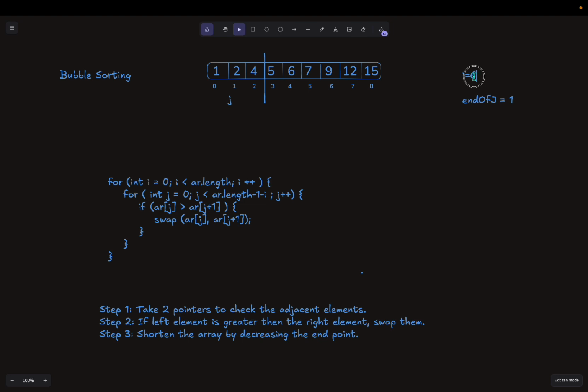In that case, increase the value of i, it will go to 7. Make the value of j as 0. The end of j decreases to 0 because the i value has increased. Now again we need to check this condition. As you can see, this is not satisfied and it reaches the end of j. It cannot go to index 1. This will break the inner loop, and the outer loop will increase the value of i